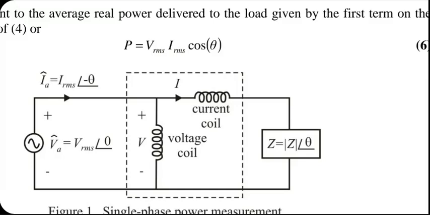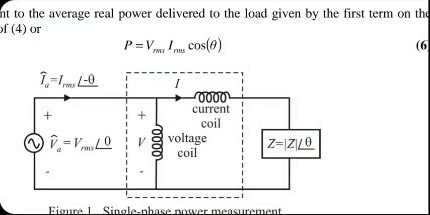You see the construction? The power meter is shown within the dotted rectangle. It lies between source and load. It actually has got three terminals coming out. On the top, on the left side, one terminal, on the right side, one terminal, and at the bottom, there is a common terminal. Okay. You can say 4 terminals if you want. But in the bottom, the 2 terminals are at the same potential. So people call it a 3-terminal instrument.